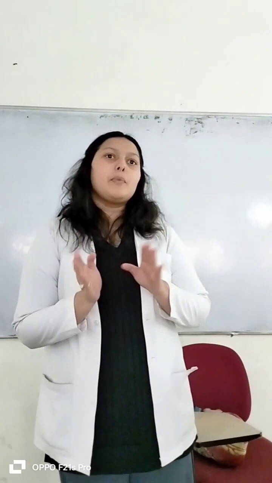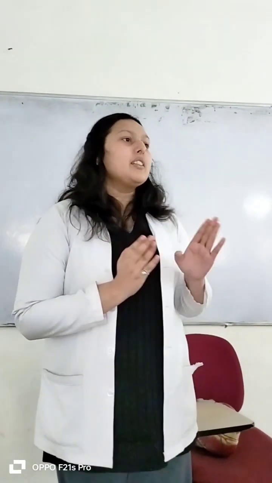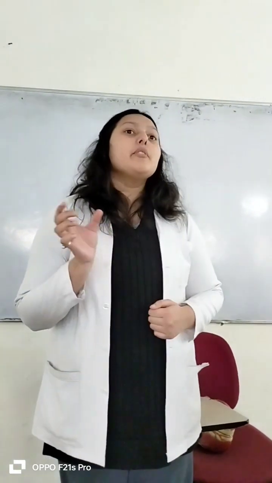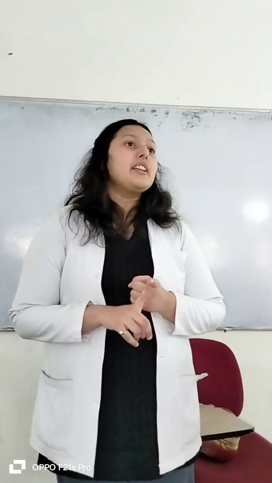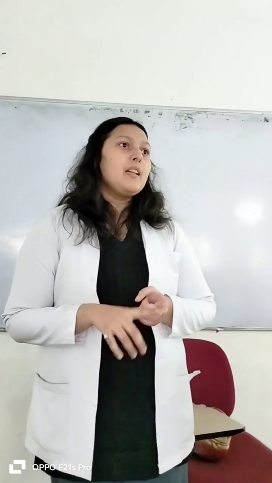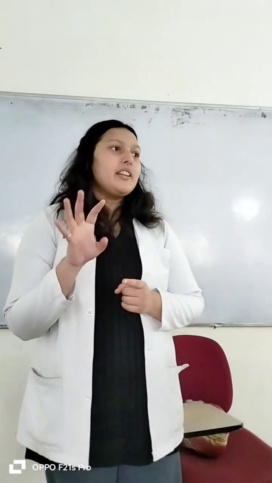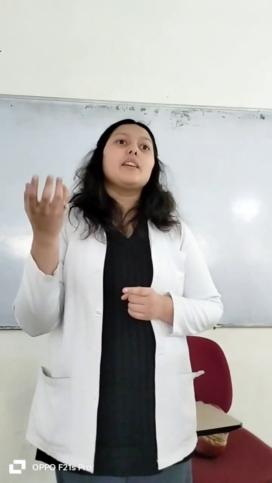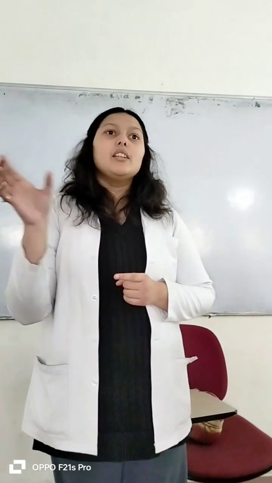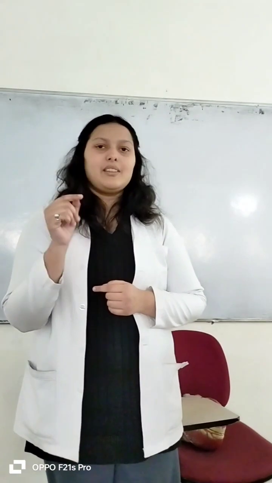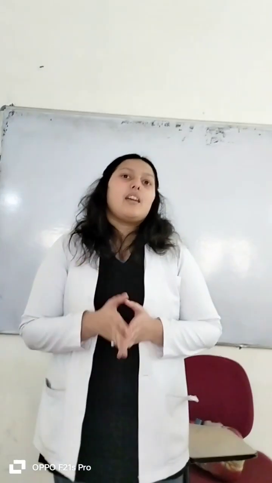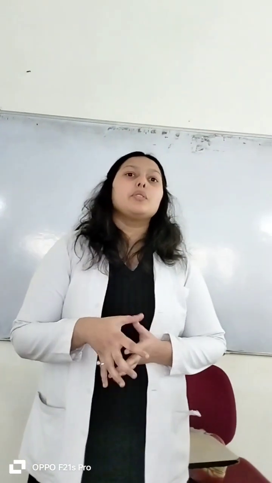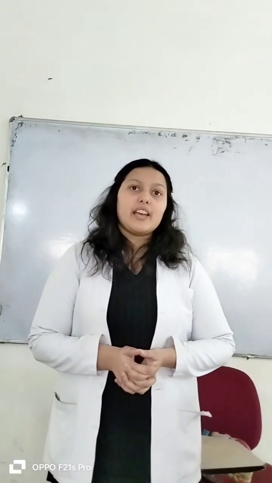Pericardium has two parts: the fibrous pericardium and the serous pericardium. The fibrous pericardium is made up of fibrous tissue and is conical in shape, and it has four parts. The apex is blunt, and the base is broad and is situated enclosed with the central tendon of the diaphragm.